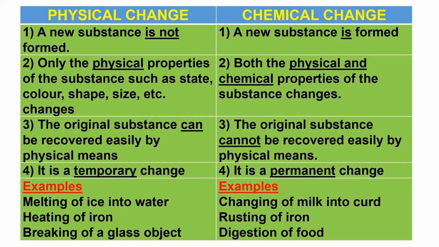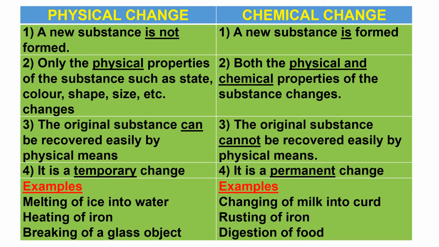Now boys, in your lower classes, you learnt about the various types of changes which you see in your surroundings in your day-to-day life. You learnt about physical change and chemical change, slow change and fast change, periodic changes and non-periodic changes, and so on and so forth. Now what we'll actually be focusing on in this chapter is chemical change, but to understand chemical change we need to understand what is physical change. So what are the differences between a physical change and a chemical change?